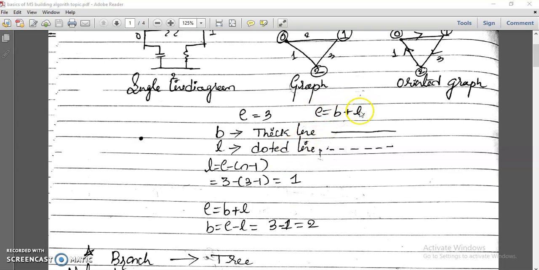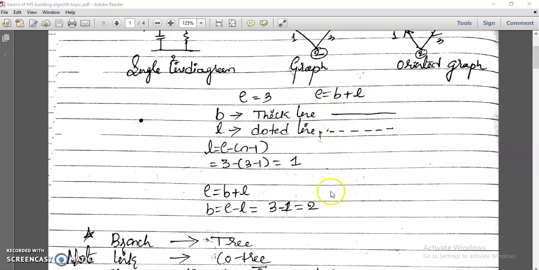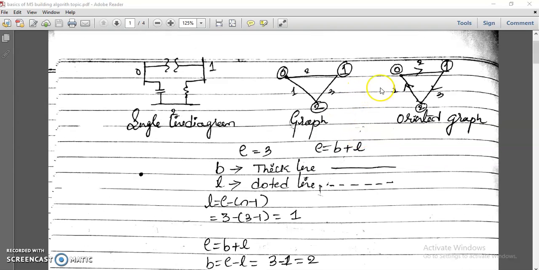Out of these elements, if the link is 1, what about branches? Obviously 2. 2 branches, 1 link. So for the numbering 1, 2, 3 elements, 2 are branches and 1 is a link. 2 branches means either you may take 1, 3 as branches or 2, 3 as branches, randomly, but we can't take randomly here. Now you have to go as per the rule we are following in the building algorithm. As per the types of modifications, it deals with where you have to provide branches and link.